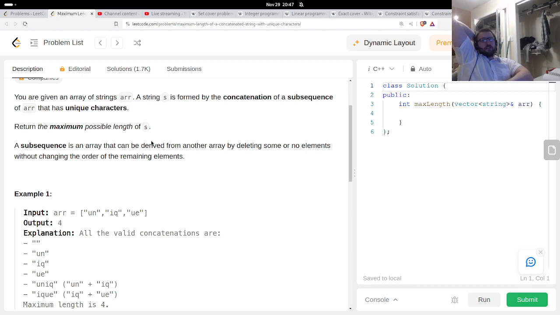I don't know that one offhand. If it's not just a brute force approach, then I don't know it offhand. I have to sit and think about it for a while, I think.